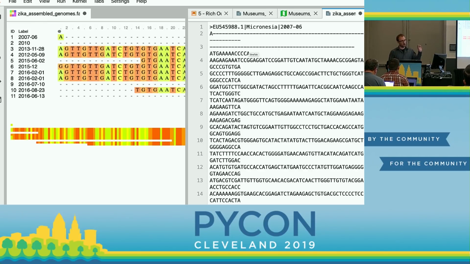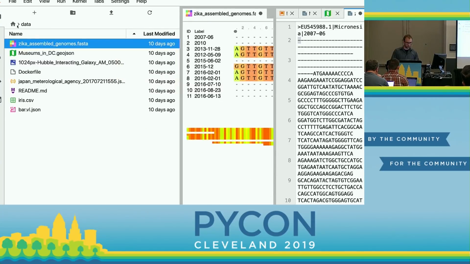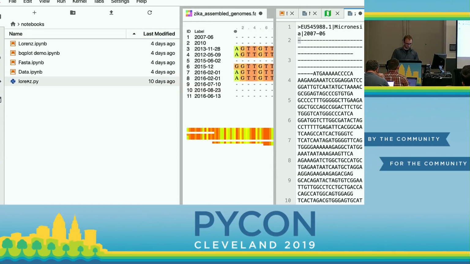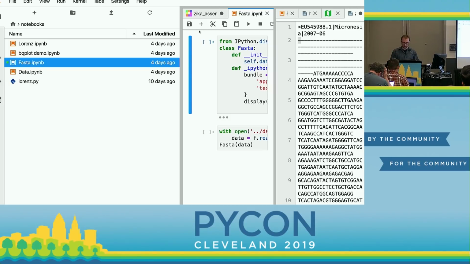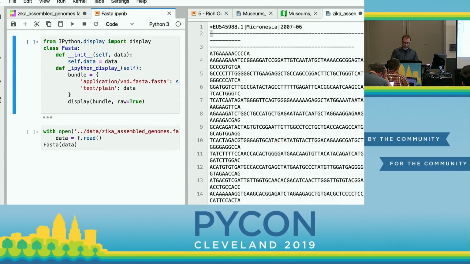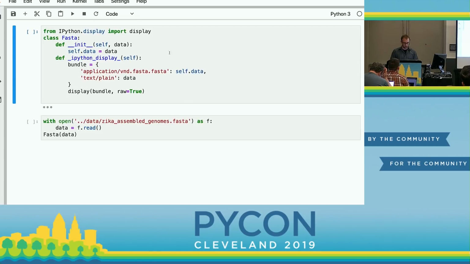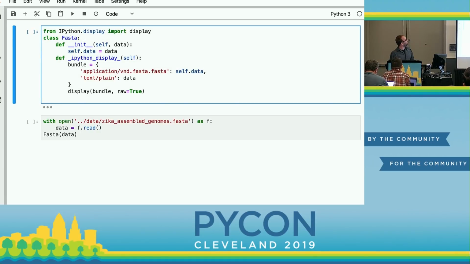synchronized. But now that you've taught JupyterLab how to render a file, you can do the same in a notebook, and hopefully this works now. You can have this fasta.ipynb, and here is the complete code to display a FASTA file or a FASTA dataset without it actually being a file in the browser. So here I'm defining a FASTA class and saying, now I want to teach IPython how